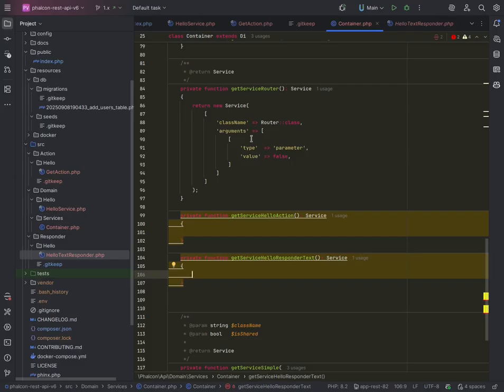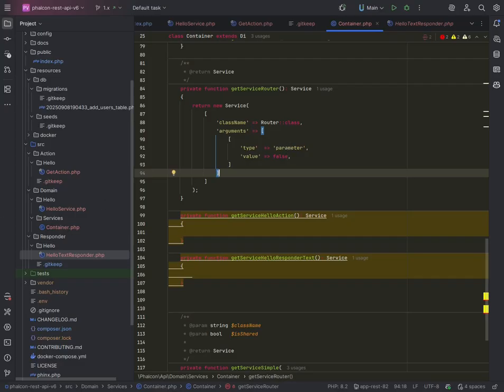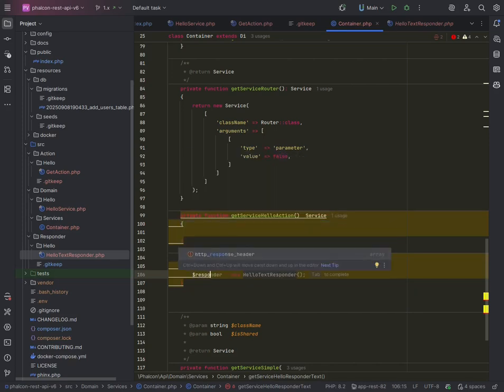The response already exists as a definition in the DI container. So what we can do is either utilize the anonymous function, that's also going to be lazy loaded, or we can use the array format by using the service parameter as the type of the injected variable. Let me demonstrate how we can do that. It's extremely easy. Let's see the initial approach, how we could do this using an anonymous function. So for the hello responder text, we need the response first, right? So response